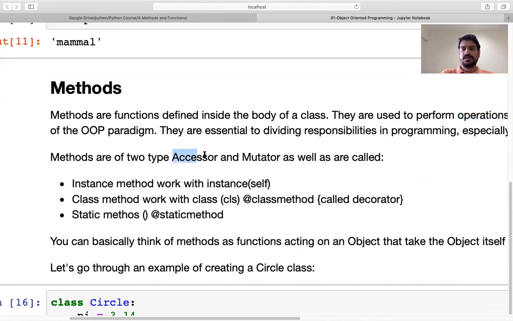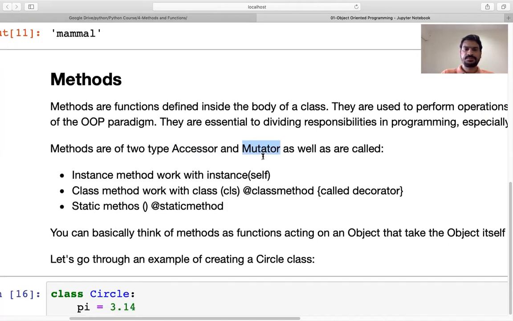Accessor means the method that will just access the attribute, and mutators are those methods which can mutate or modify the value of the attribute, because both are working on the attribute. One is just accessing the attribute, another is changing the attribute. That's why methods may be of two types: accessor or mutator.